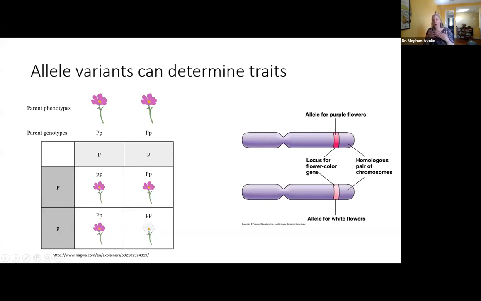If we were to interbreed these 2 parents, if the offspring get the large P allele, they will have a purple flower. If they get the large P and the little p, the allele for purple and white, they will still appear purple because this is the dominant trait. It's going to override the other trait, and the same for the other parent. But if the offspring gets the little p, the allele for white flowers, from both of its parents, then this plant will have white flowers.